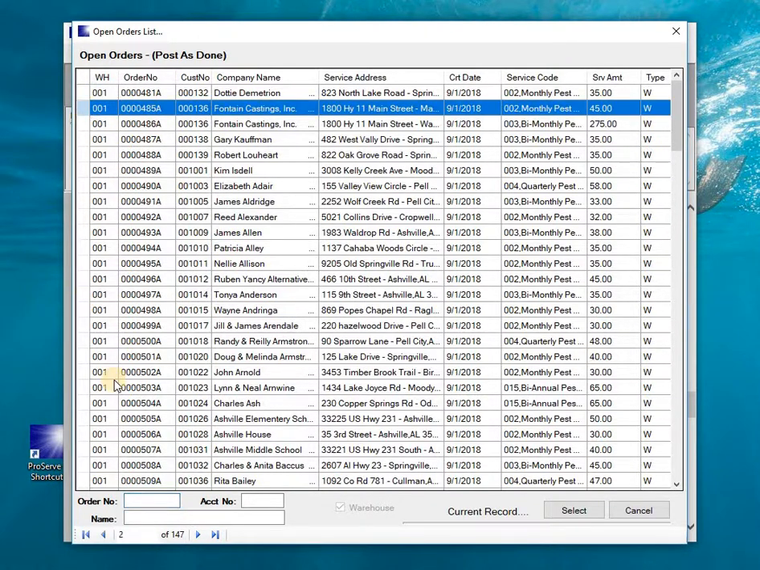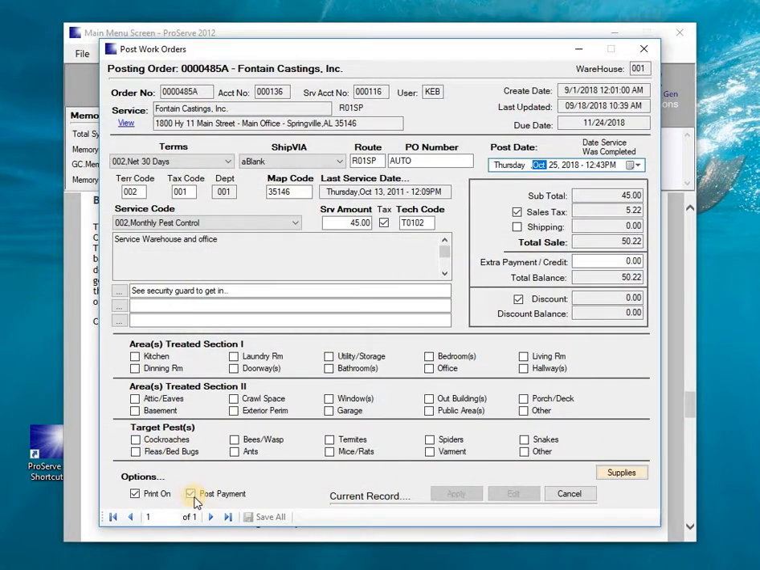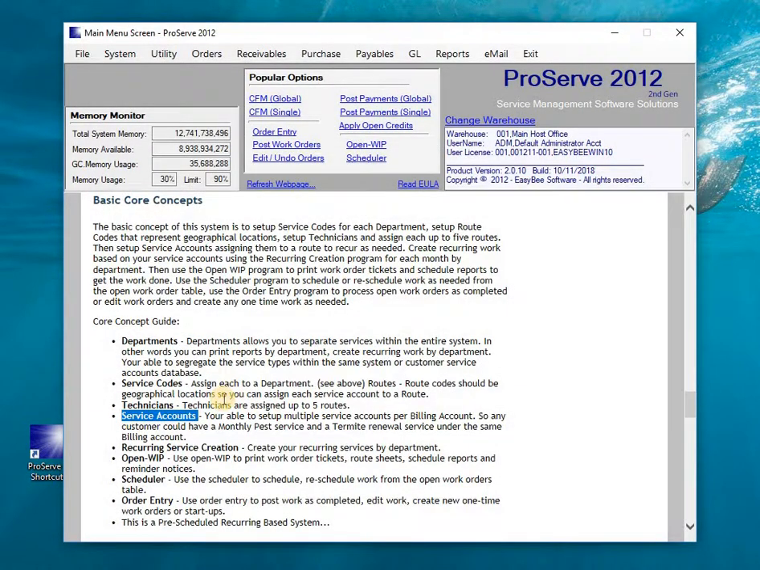For example, it's on. So here it's turned on to post a payment. So as soon as I apply that, it would ask me if I wanted to go ahead and it'll take me to the post payment program so I can post the payment to that process. Now there are other videos that go into these programs in more detail. So I'm not going to try to cover them here, but basically that's the core concept of the program,